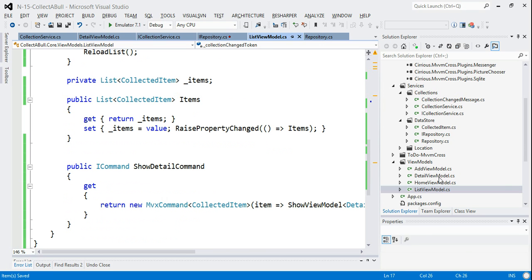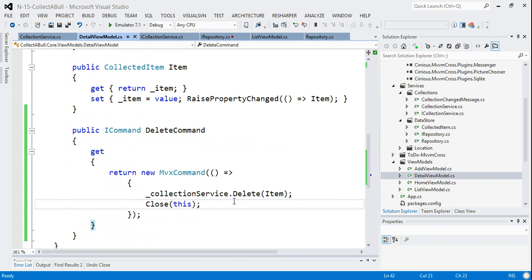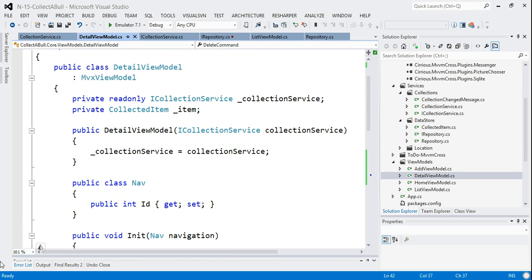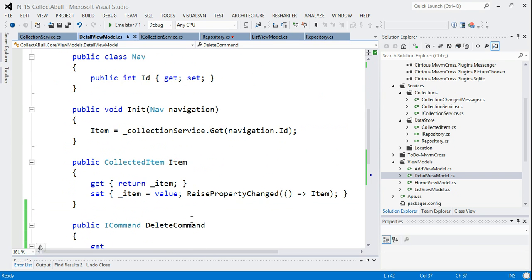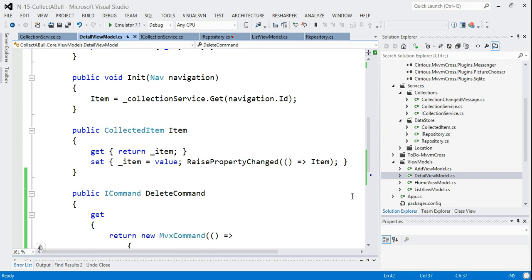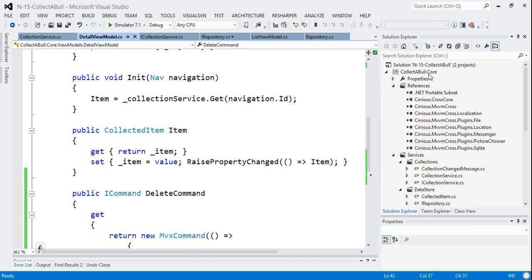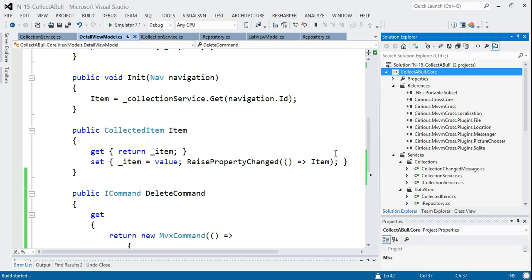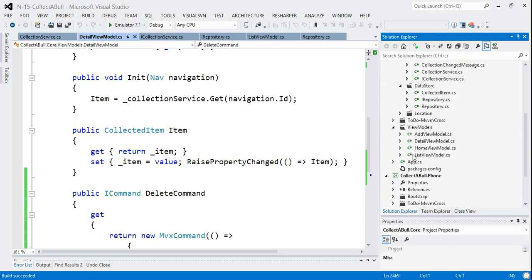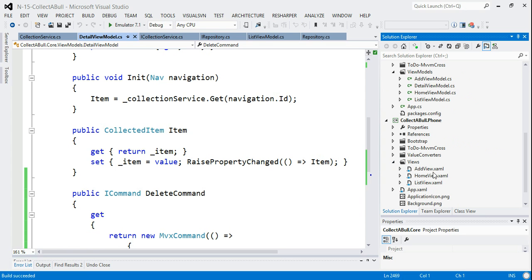And the only thing that I haven't really explained in detail is this close. Close is just a method that actually wraps a message to the presenter, and the presenter tries to handle it. So when the detail view model calls close, it will try to close that. Okay, so with that done, hopefully that's all the changes we want to do in our core. So that builds. We need to add the additional functionality to the UI views, and to do that, what I'm going to do